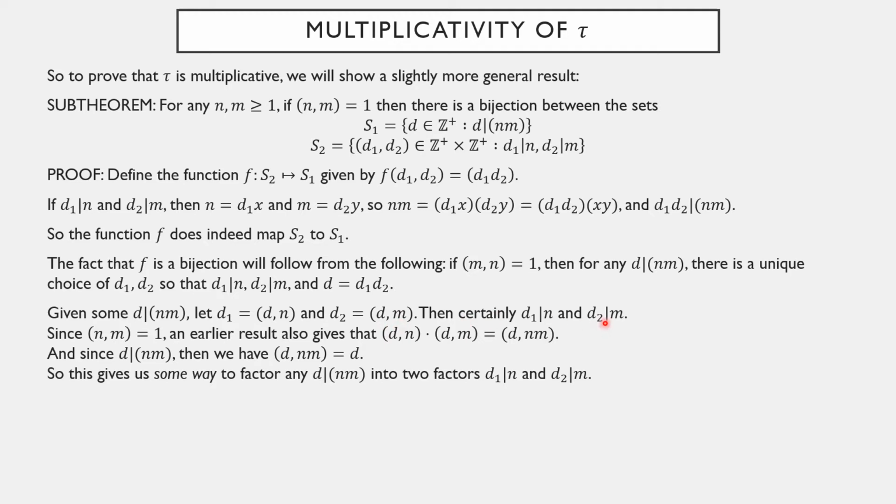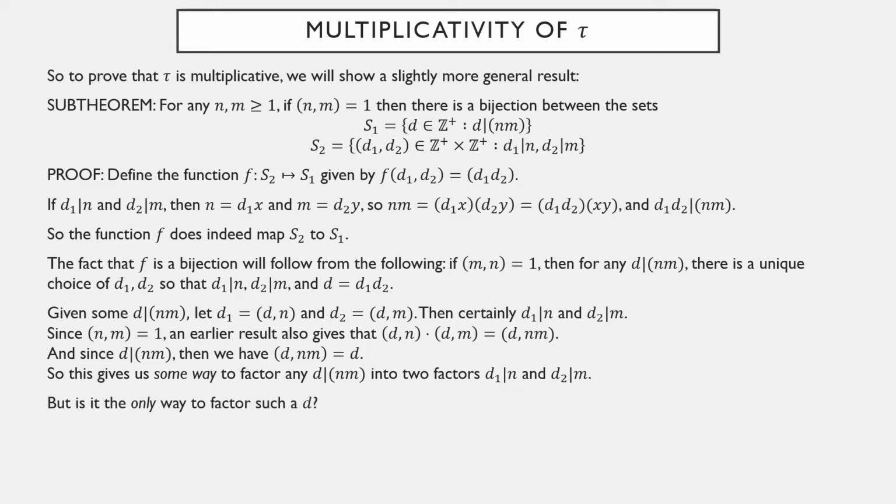Since n and m were relatively prime, the GCD of d and n times the GCD of d and m is simply equal to the GCD of d and nm. Since d is a factor of nm, the GCD of d and nm is d itself. So what we have here is that the GCD of d and n times the GCD of d and m must equal d. But remember, this was defined as d1 and this was defined as d2. So any factor of n times m can be split up as a factor of n times a factor of m,